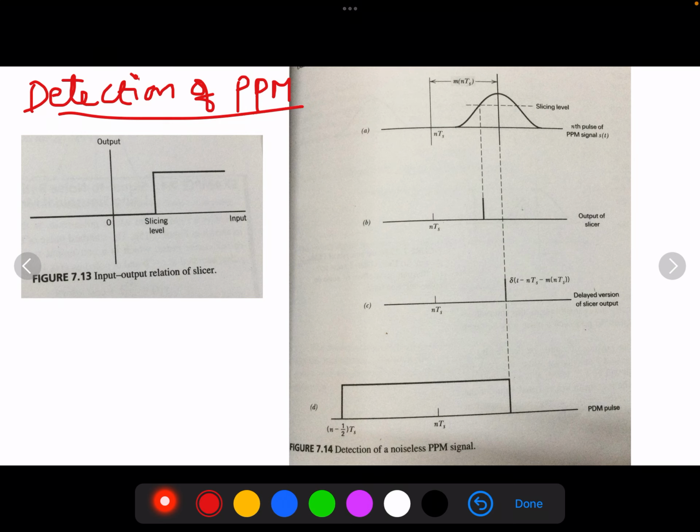So here, consider you have a PPM wave S of t, which has been done with uniform sampling, and we'll